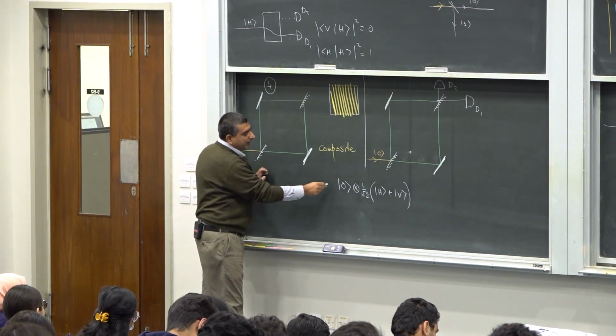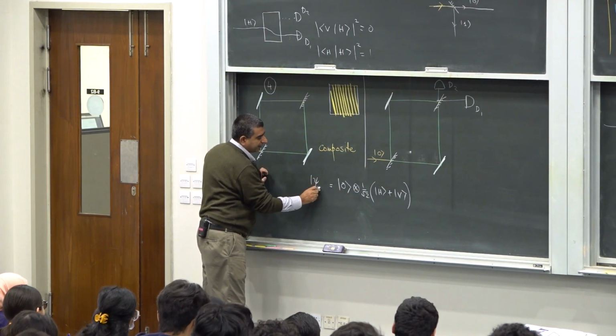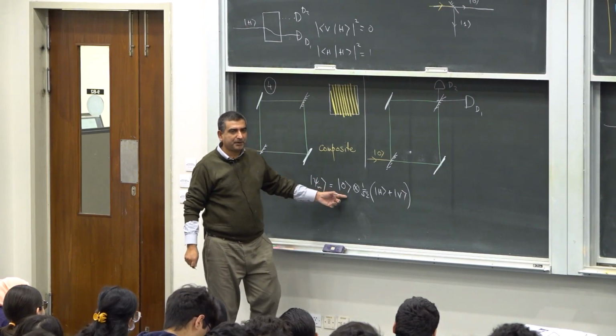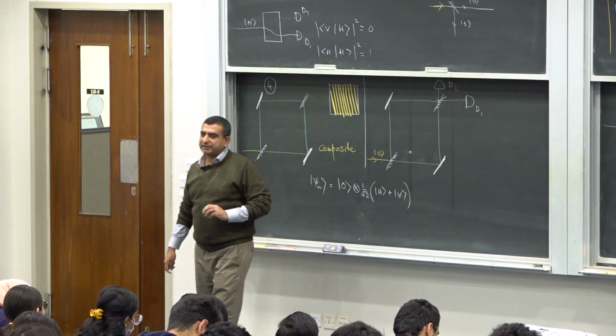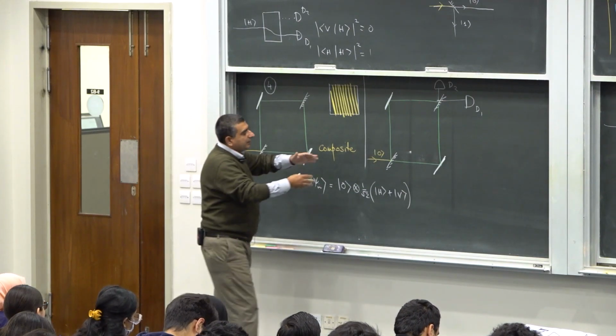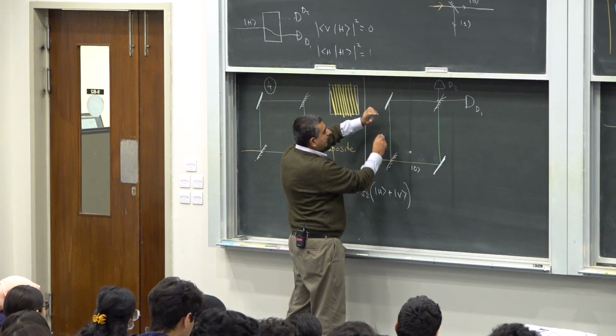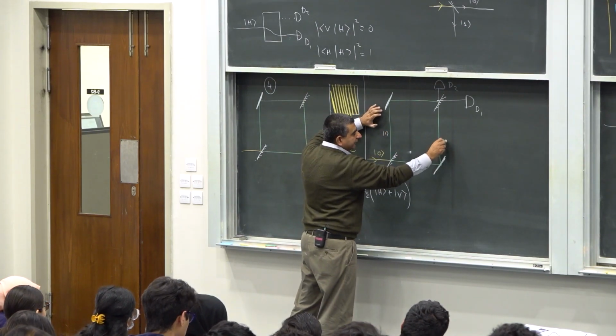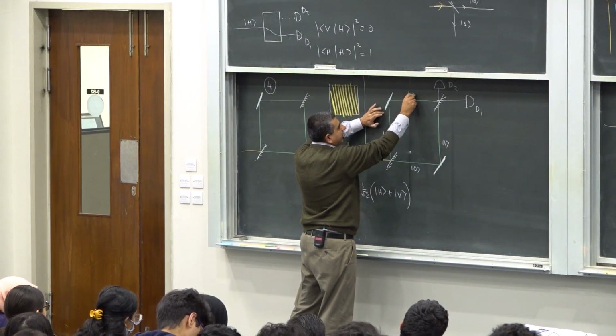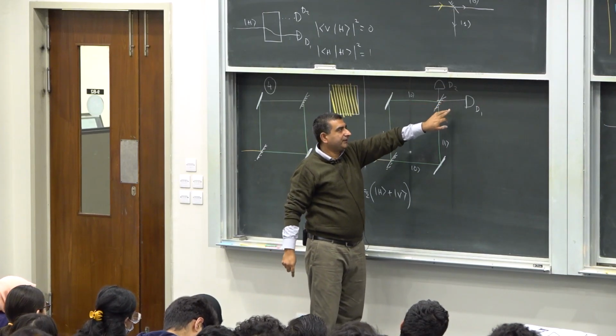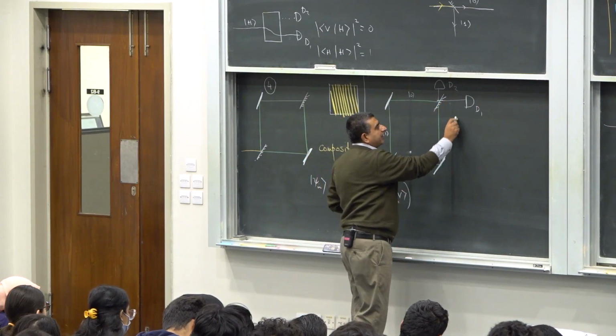So this is now our input quantum state, which has a path degree of freedom and a polarization degree of freedom. Now the photon comes in, this has been designated ket 0, ket 1, the mirror converts this to ket 1, it converts this to ket 0, everything then recombines here, and here you will get an output state